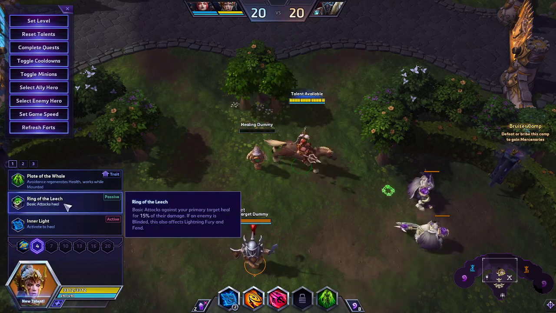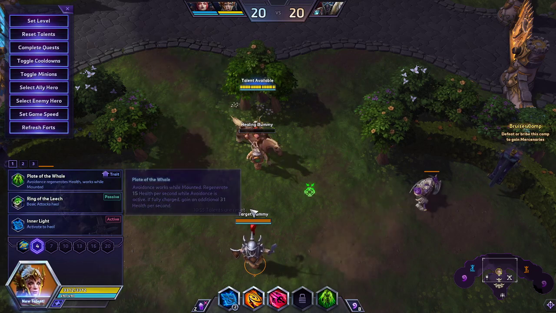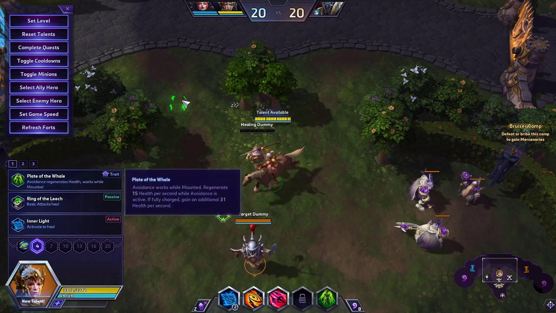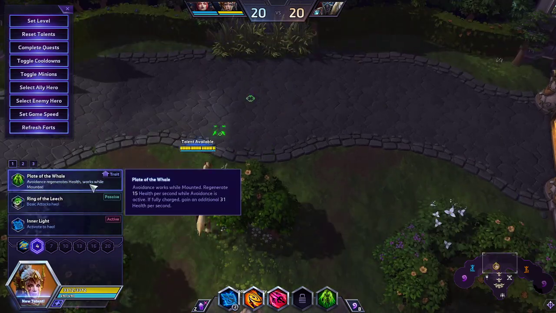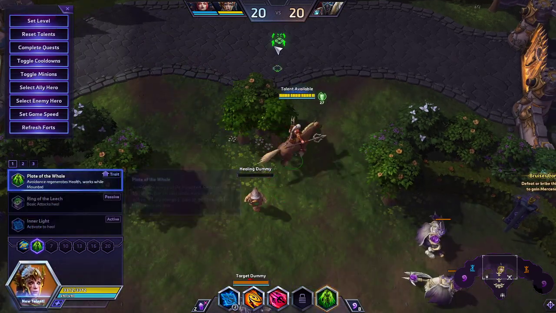So with this you have to be auto-attacking constantly and in fights to get that damage and healing, and this is just passive healing. This is really insane. This is really good, and it works while mounted. It means you're going to start the fight at 30 armor. It means you're going to start the fight with +2 range once you get some later talents, so this is really good. So Blade of the Whale is currently just strictly always better than Ring of the Leech, and Ring